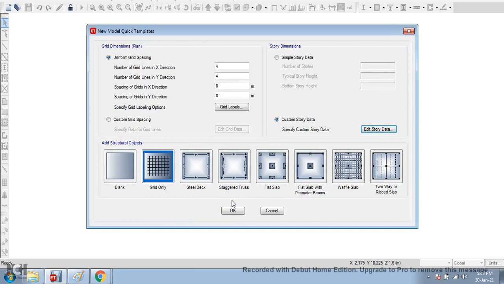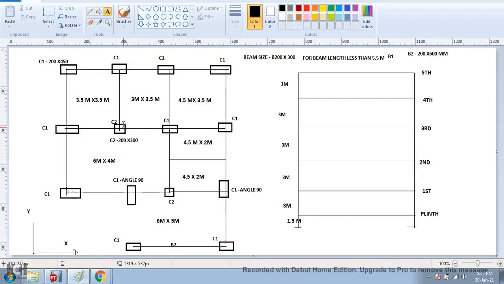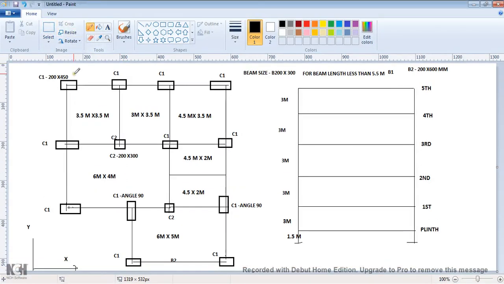Okay. Next, regarding the span, it is not equal in all these directions. What I am doing is I am trying to do one technique here. I will set the distance from here to here. These main grid lines are there.